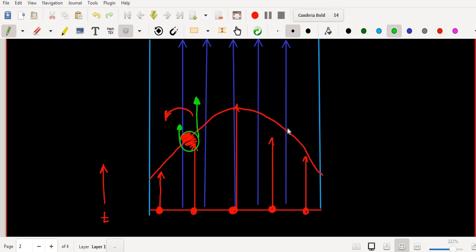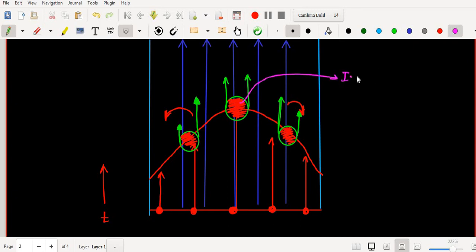And similarly, if we consider one object at this position, then velocity on the right side will be slower and velocity on the left side will be maximum. So it will cause rotation of this object in clockwise sense. But if we consider any particle here, velocity applying on both the edges of this particle is the same. So it will cause no rotation in this object. So here at this point your object is irrotational.